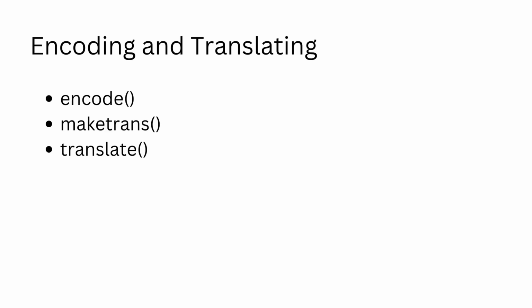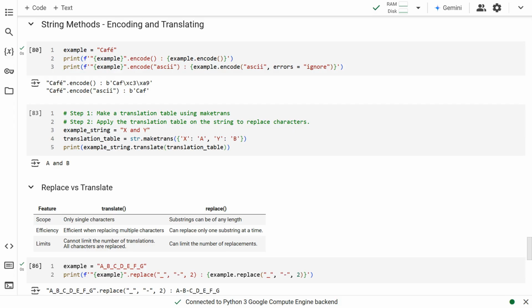To change the encoding of the string, or to efficiently replace the characters in a string, these methods can be used. The default encoding standard is UTF-8. But, if the need arises, we can easily change the encoding of the string to UTF-16, or ASCII. This is evident if the string contains special characters like accented characters, characters from other languages, etc. The translate method is used to replace characters in the string in an efficient way. It is very similar to the replace method, but is more efficient. Also, it can replace only characters, while the replace method can handle characters and substrings.